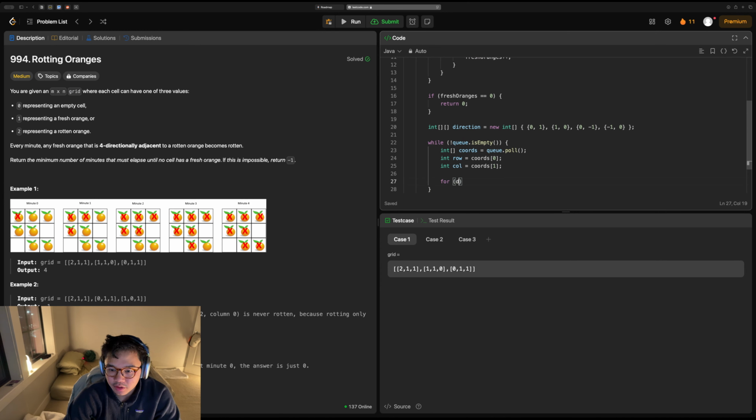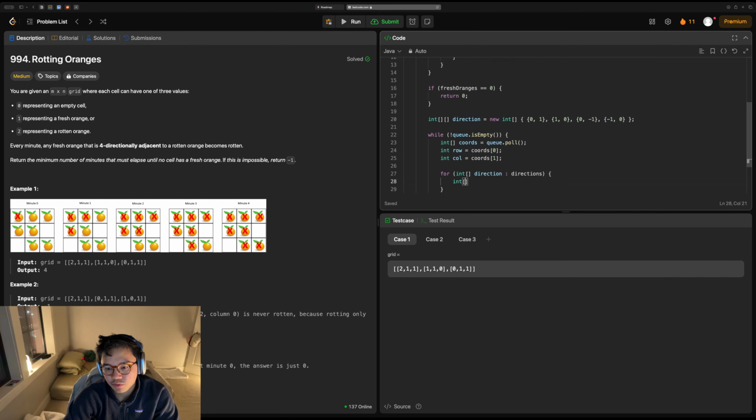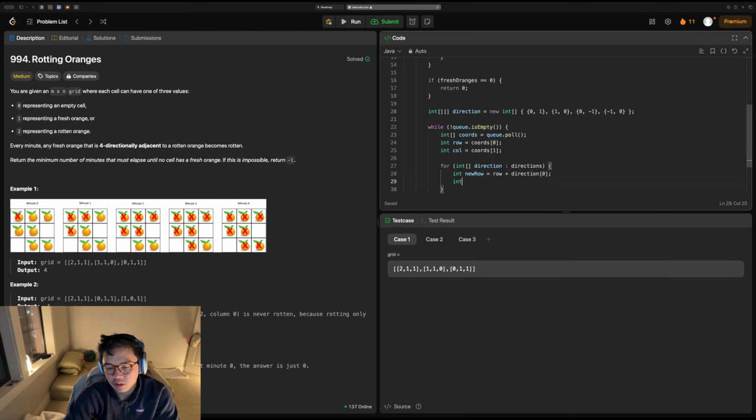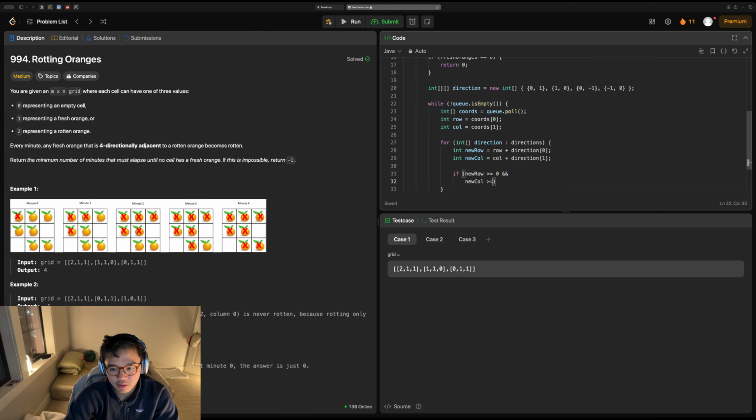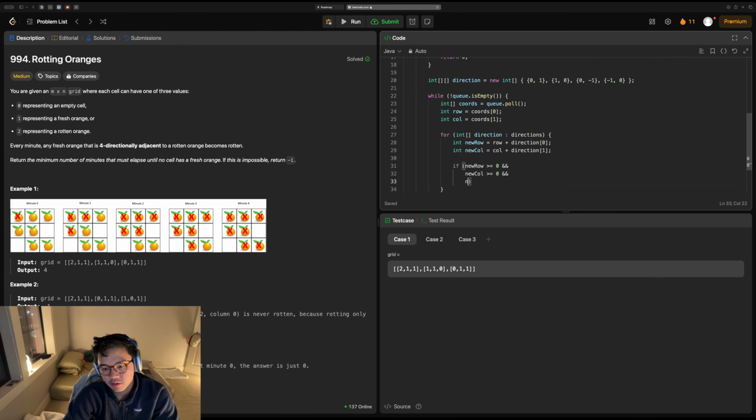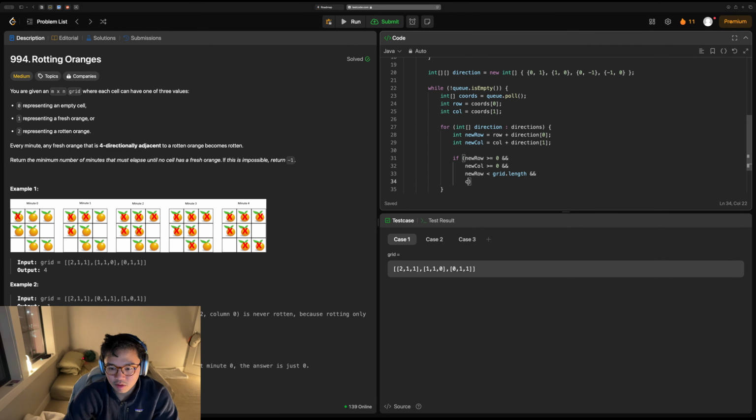So for each direction in directions, we're going to make a new row, which is going to be equal to row plus direction 0, and a new col, which is going to be equal to col plus direction 1. And if new row is greater than or equal to 0, and new col is greater than or equal to 0, and new row is less than grid.length, and new col is less than grid new row dot length,